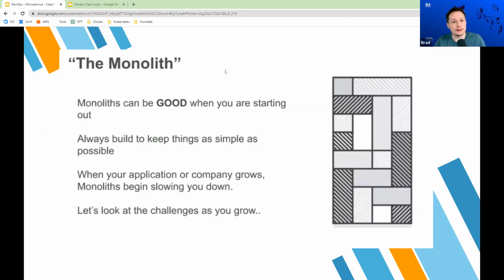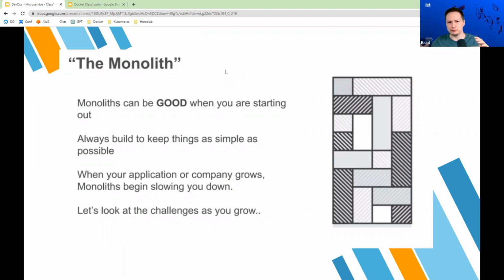So let's talk about microservices. But before we do that, we need to know about the monolith. Monoliths are known as, this is a monolithic type of application. And these types of applications can be good when you're starting out. Basically, it just means you build the entire application into a single binary.